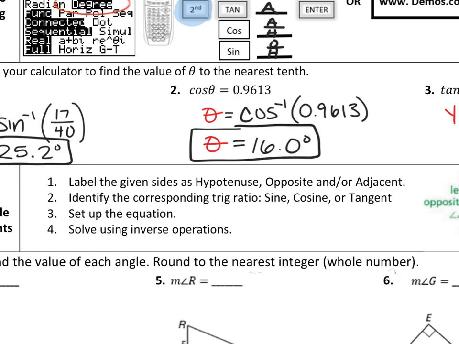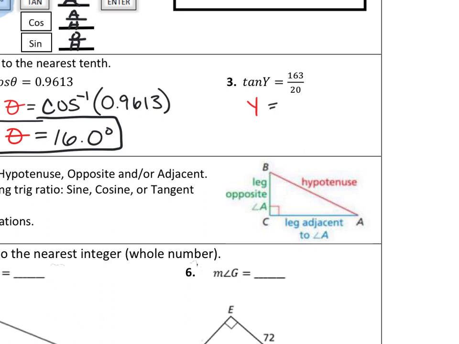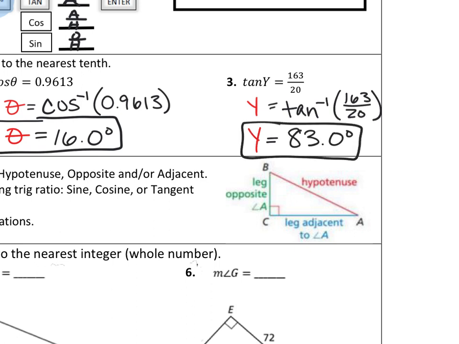That's great. For the last one, because it says tangent, to get the y out of tangent, to get that angle, I'm going to do inverse tangent on both sides. So in my calculator, all I have to calculate is second tangent, 163 divided by 20. And you don't have to use the fancy fraction here, by the way. It's not super helpful. We should get that that angle y is equal to 83.0 degrees when you round it to the nearest tenth. How did we do on those two? Good? Okay,